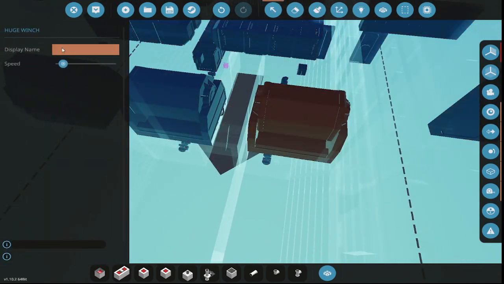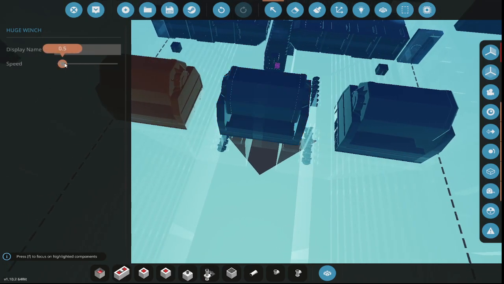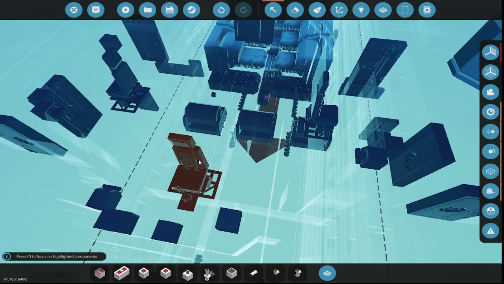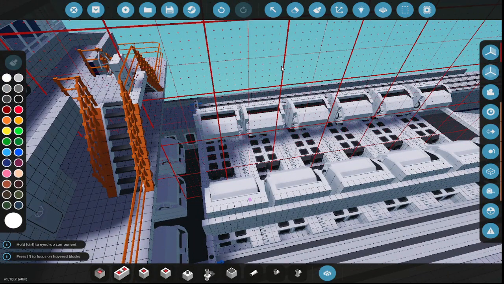And then I want to adjust the speed just like that. Doesn't matter when you're leading out. It only matters when you're pulling it back in, because if it's too fast, we'll have issues. So we want it to be a little slow. And then